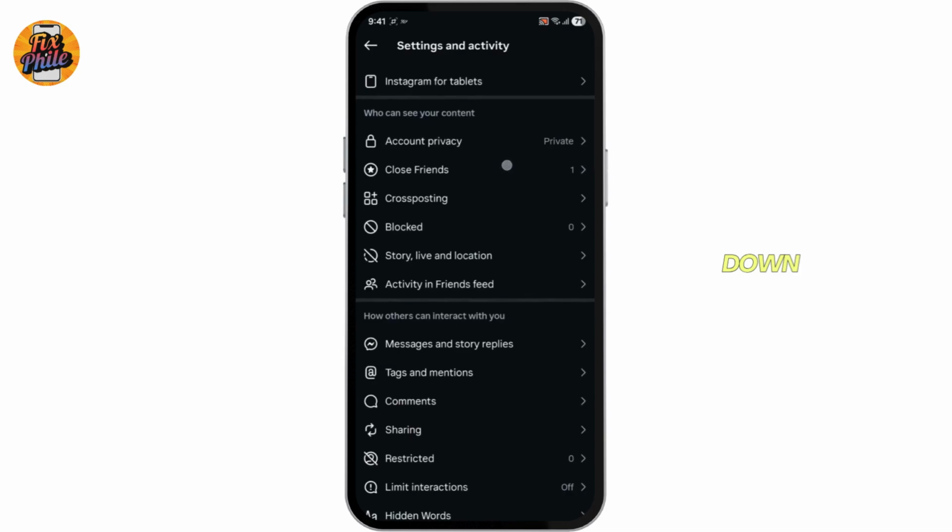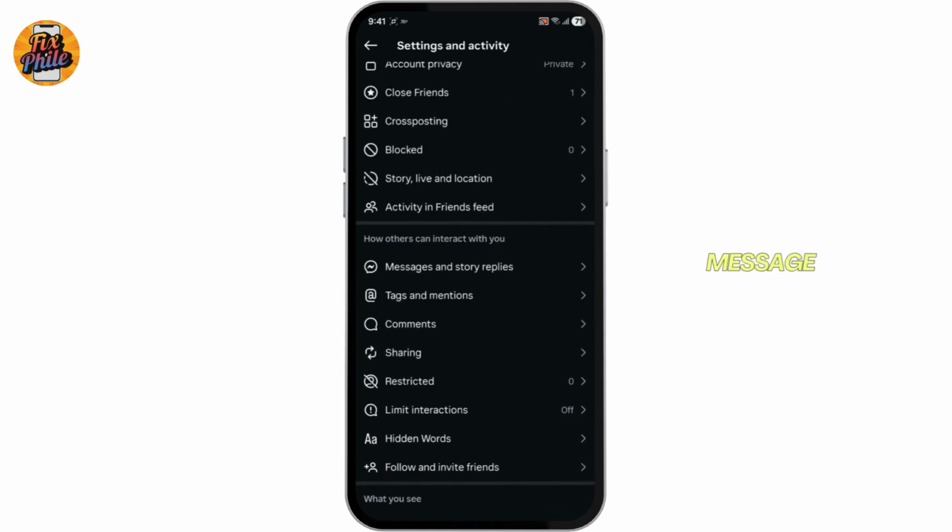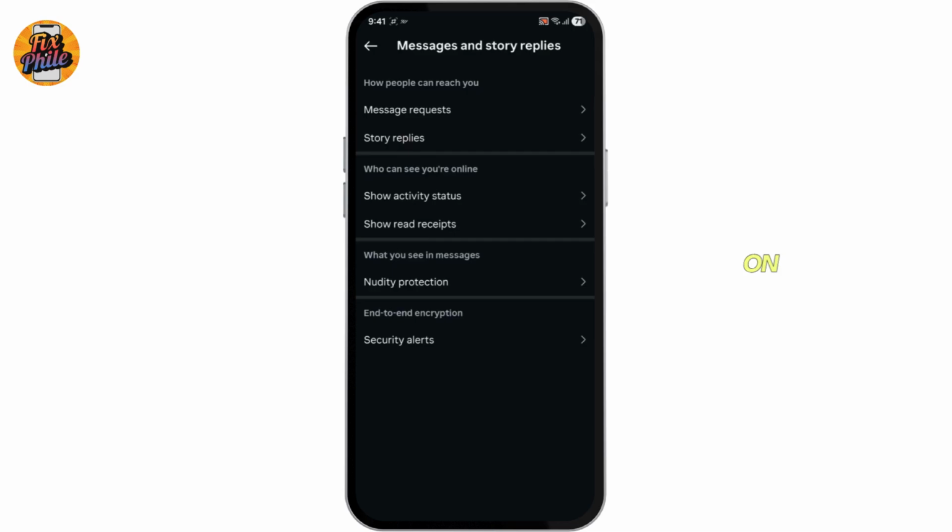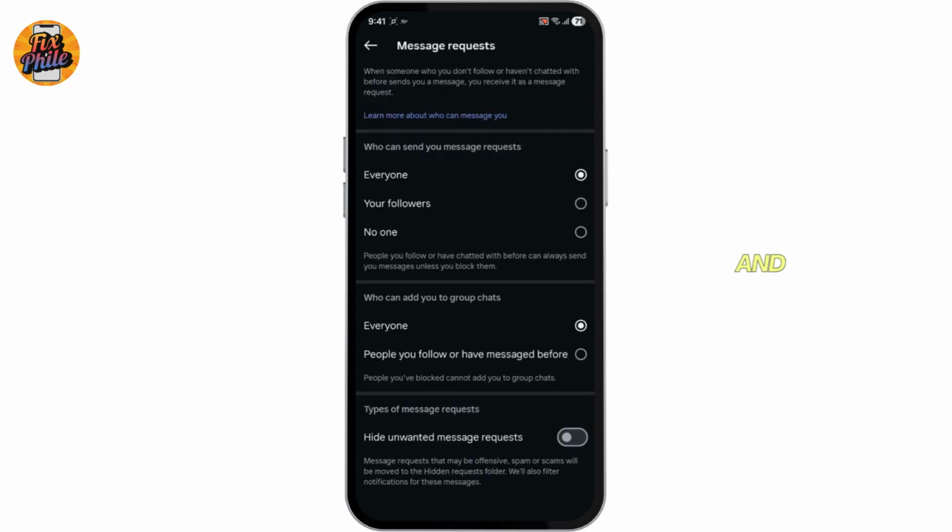Then simply scroll down, and under how others can interact with you, there will be message and story replies. Simply tap on there. And at the very top you'll find message requests. Simply tap there, and from here you'll be able to control who can send you message requests. So simply tap on no one,